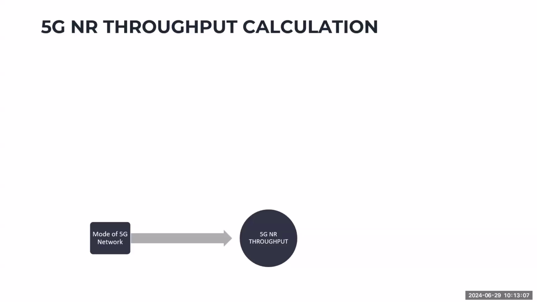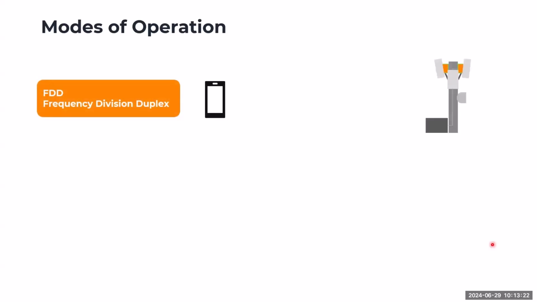Okay, so what's the difference of FDD and TDD? I think there's a question earlier. What is the difference of TDD and FDD? And for most of you, I believe you already know this. So FDD means frequency division duplex. So you have your mobile phone, you have your gNodeB or cell site, and then you have two types of transmission, the uplink transmission and the downlink transmission. So the uplink transmission is the one coming from your mobile going to the cell site. So we call it the uplink.